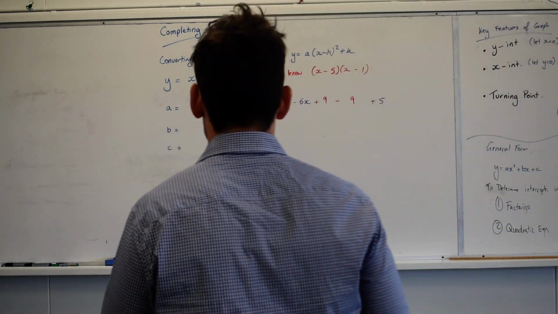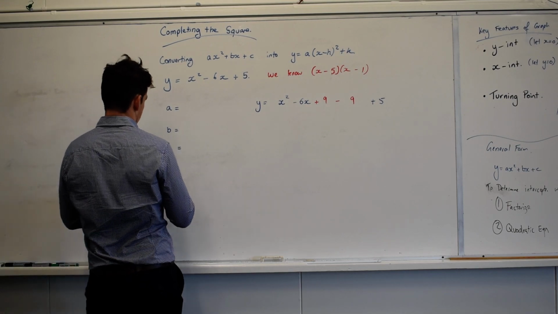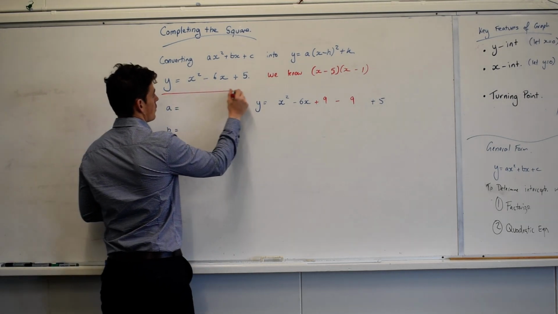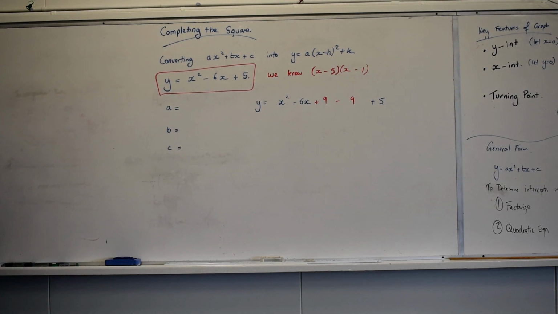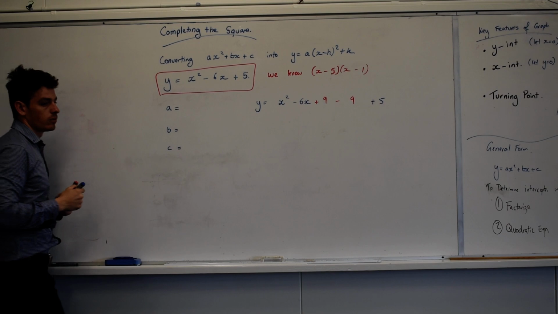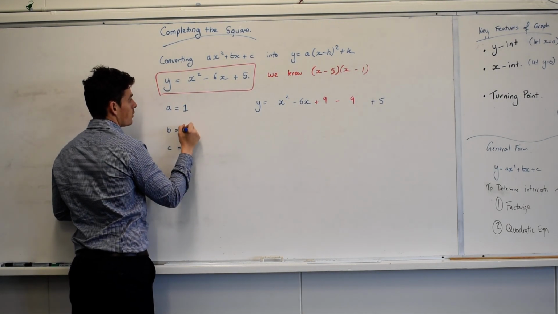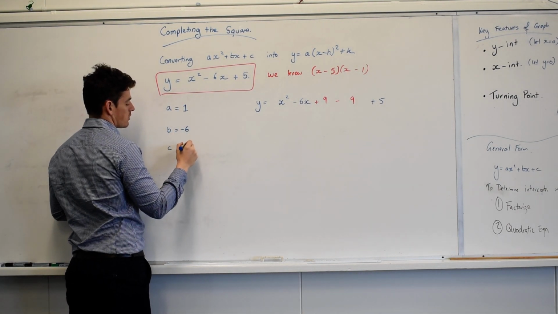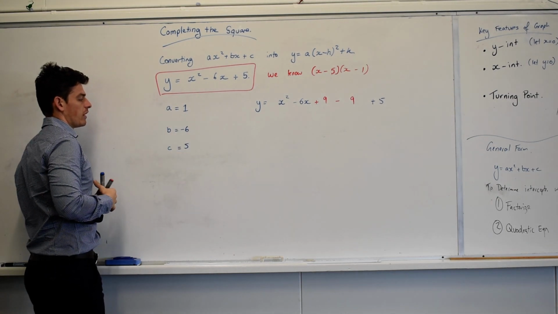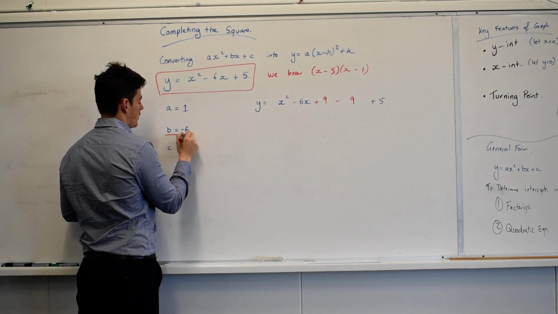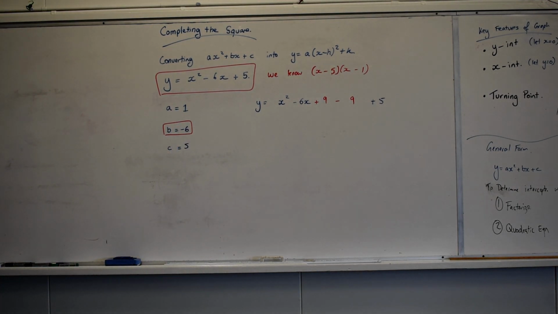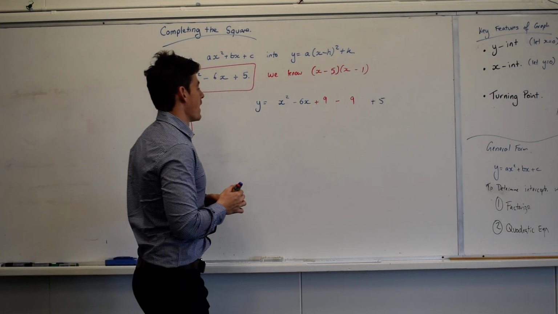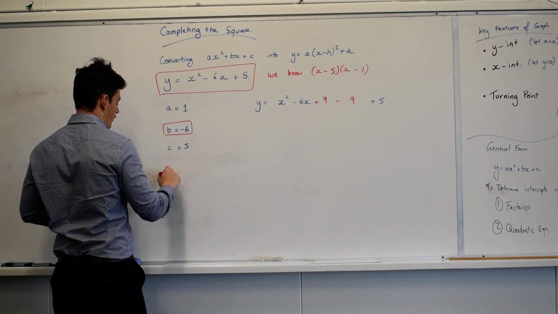Alright, so we're going to look at completing the square now. I've given us this as our example, and we're going to use one initially where I know the answer because I want it to be a little bit more clear. So my A value here is 1, my B value is, and my C value is. Now the really important value when completing the square is my B value. So what I'm going to do is I want to create a bracket whereby I've got